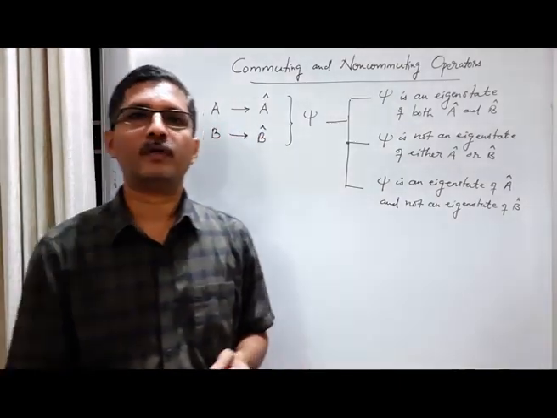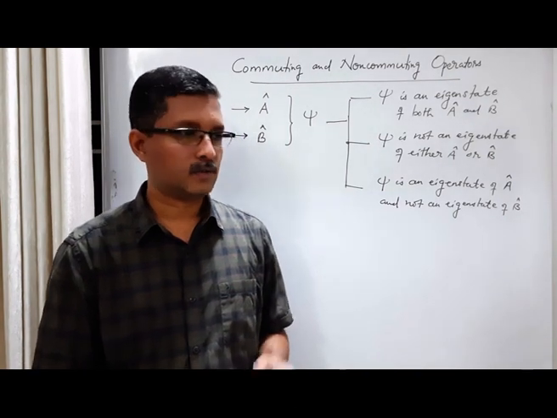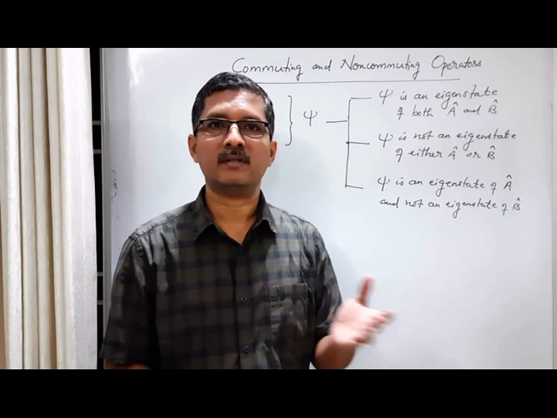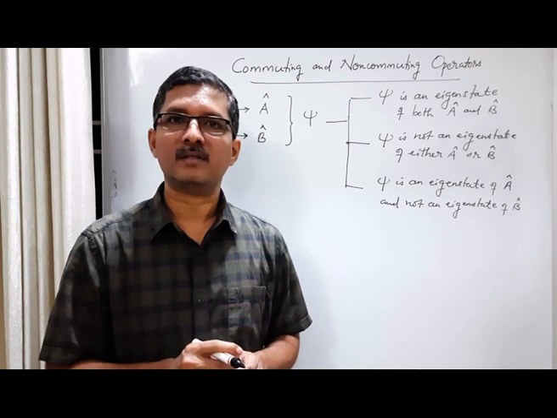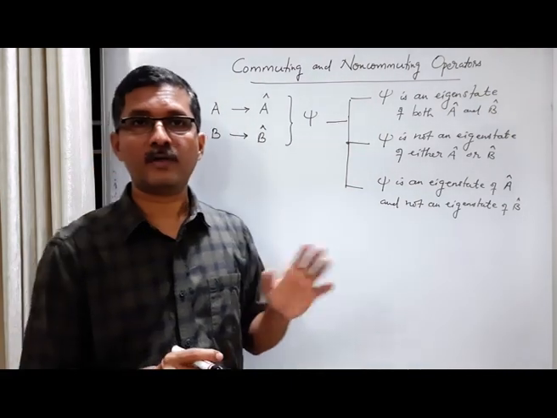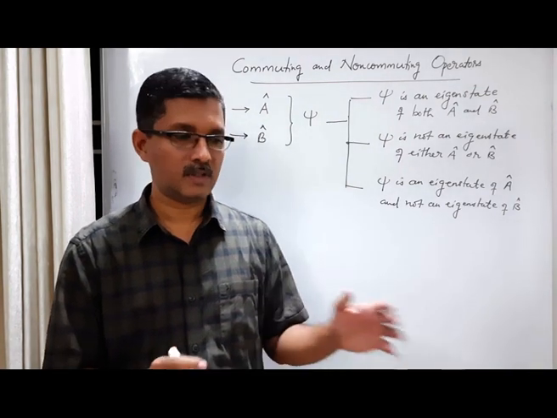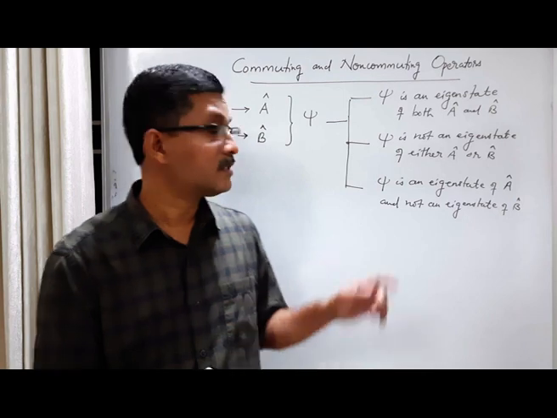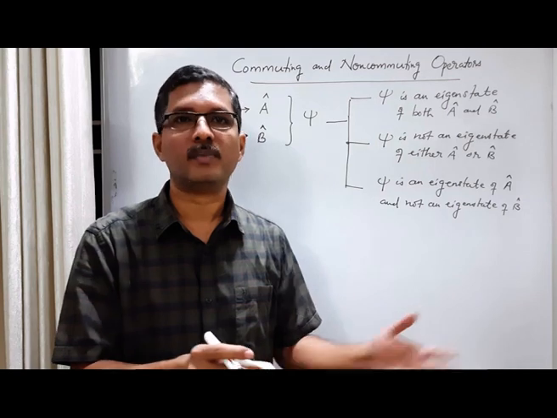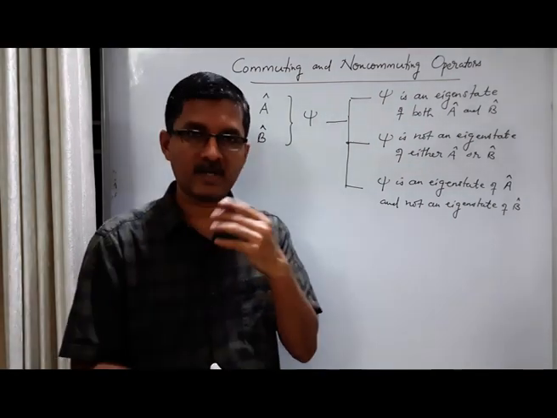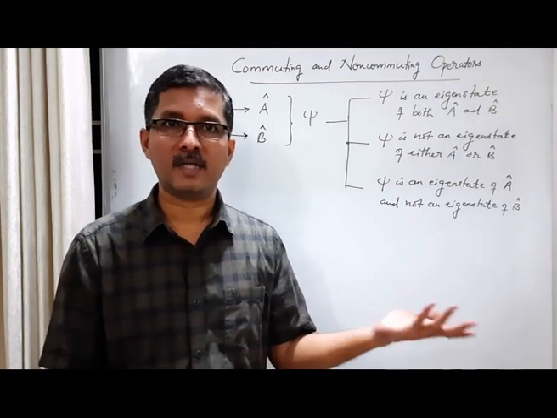Normally, every measurement is done on an ensemble of states. So let's say we want to measure A and B in 10 trials. We want to measure A in 10 trials, we want to measure B in 10 trials in the same state psi. So what we do is we make 20 identical copies, 20 copies of identically prepared systems in the same state psi, and in 10 of them we measure A, in the other 10 we measure B. That's the way to do it. We measure once in every member of the ensemble because we know that after the measurement the state may change.